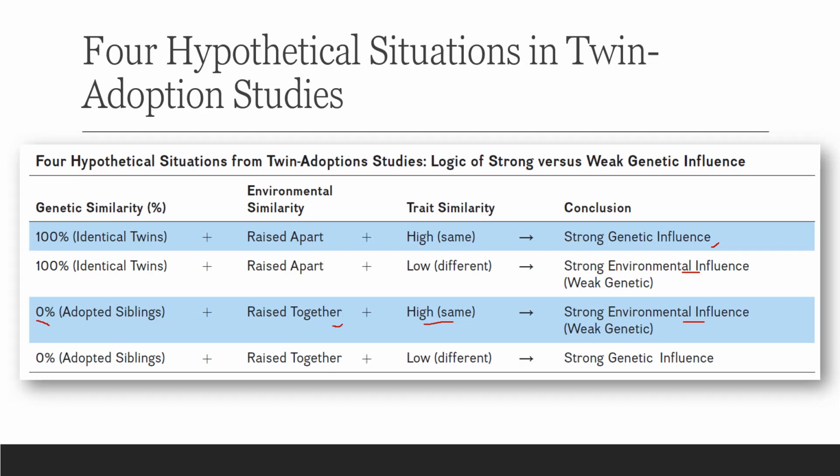Here's the fourth possibility. What if you have two adopted siblings, two persons from two different sets of parents, then you raise them together, and then their similarity is very low, they end up being different. Then if two persons who are not brothers are raised together, and they end up being different, that's because of their biology. They're different because of their biology. We cannot say that they're different because of their environment because they grew up in the same place. Okay, so that's how we explain